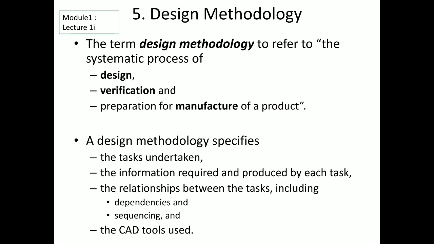What is the meaning of task undertaken? Then the information required and the information produced by each task. It means the design methodology specifies what type of input devices it should require, what type of output devices it should be asking, and the information produced means how the output will be obtained. Information required and information produced also means on what type of voltage the design is going to work, and in what type of environment the design will be used. Like this is an analogy.